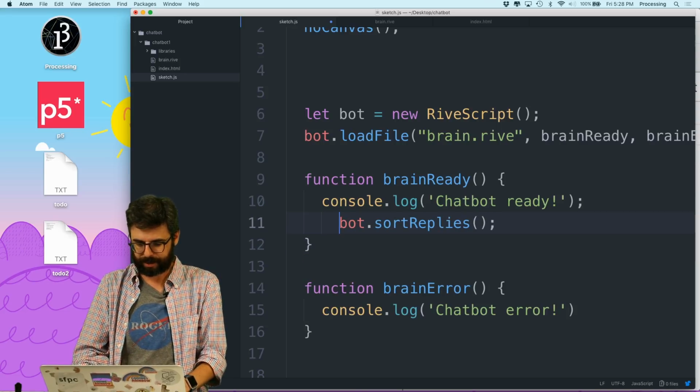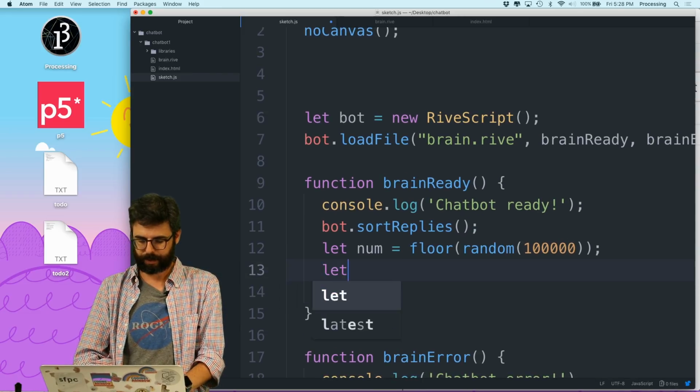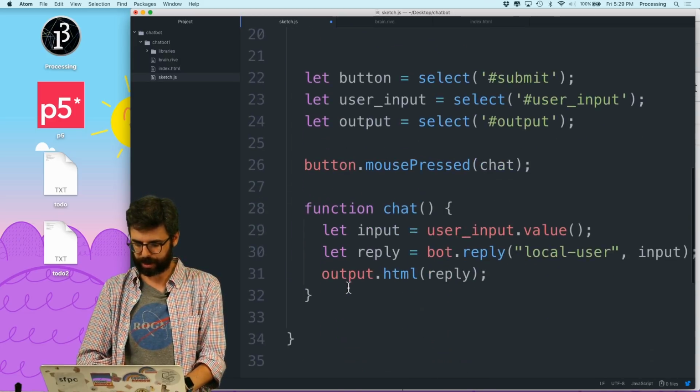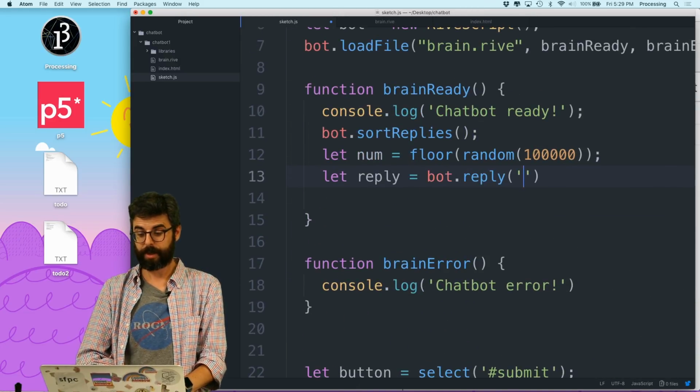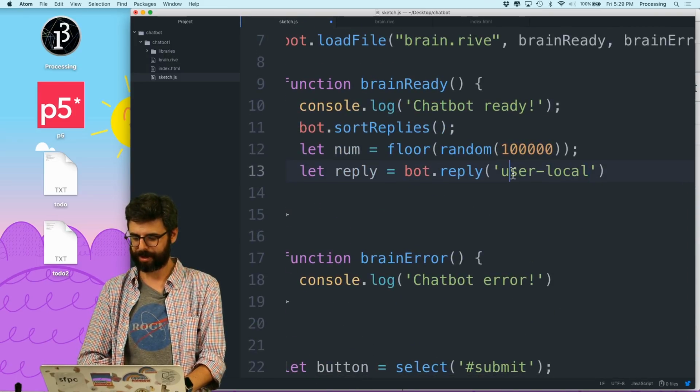And then, what if what I send to the bot is let reply equal bot dot, what is the function? Bot dot reply user local, is it something like that? I don't know why I can't remember. The local user